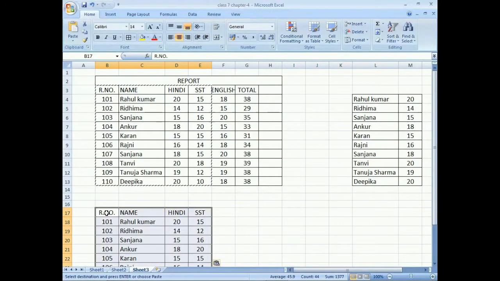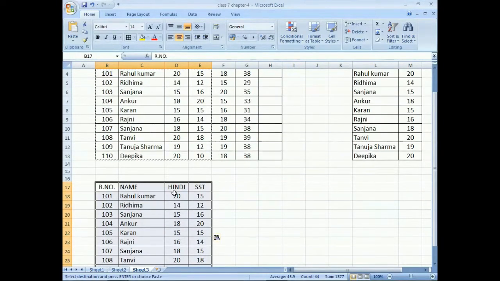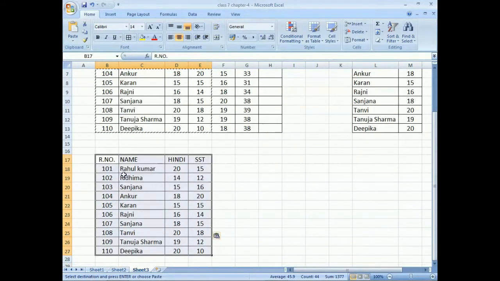Now you can see the copied data pasted at the new location in the same sheet, sheet number 3.